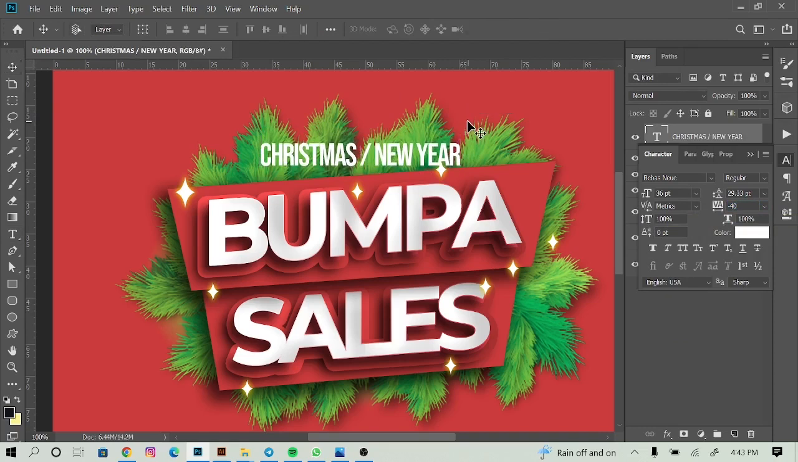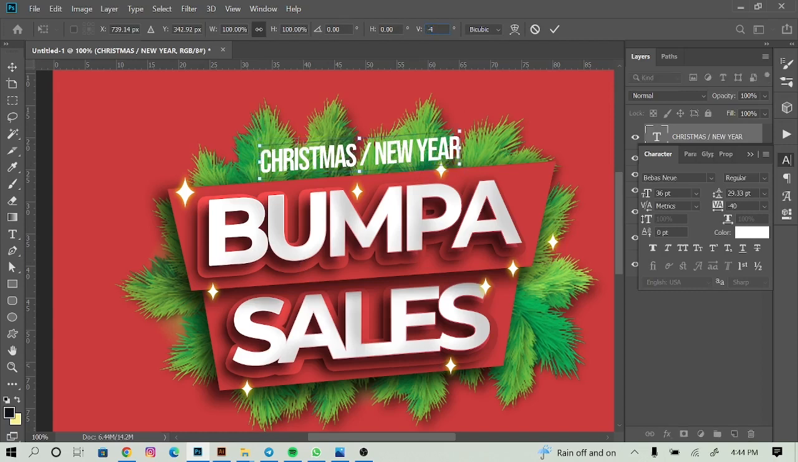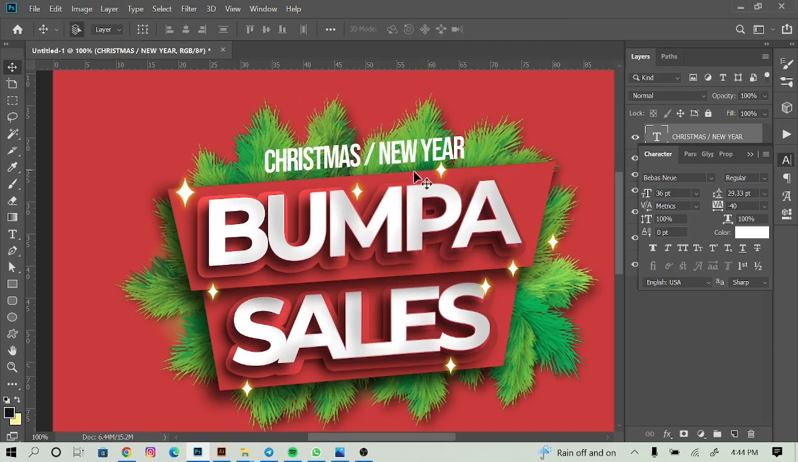Okay, so since these are not on a straight line, they are quite slanted, so we would have to slant this as well. To do that, you come to your V value here and put this on -4 so everything is in unison. Alright, ensure it's aligned to